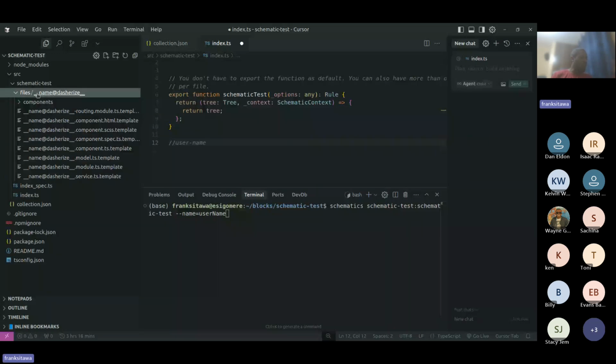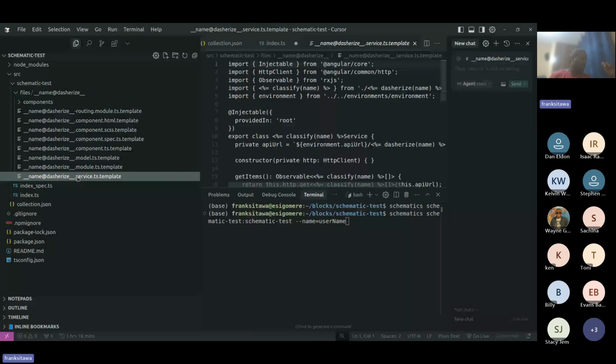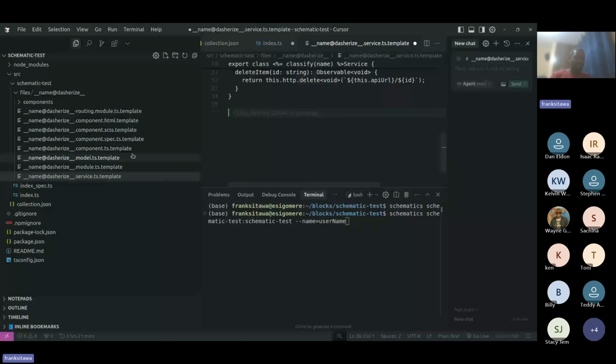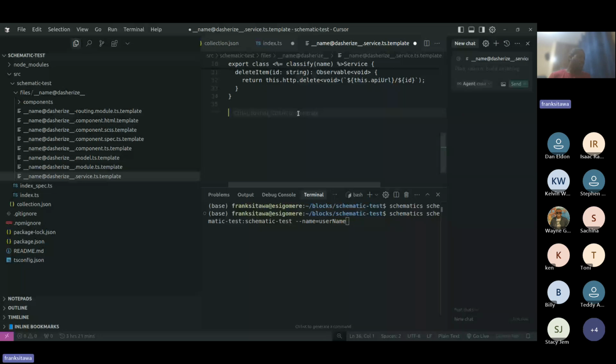And then when we go into the folder, we'll realize we have several files which I've also created. Like we can have one here for service. You'll realize it has 2 underscores, name at _rise service. For this case, let me just add 2 comments here. It will create the service name using username dot service, and then it will remove the dot template. So you'll have this file username hyphen dot service, and then inside the username dot service,